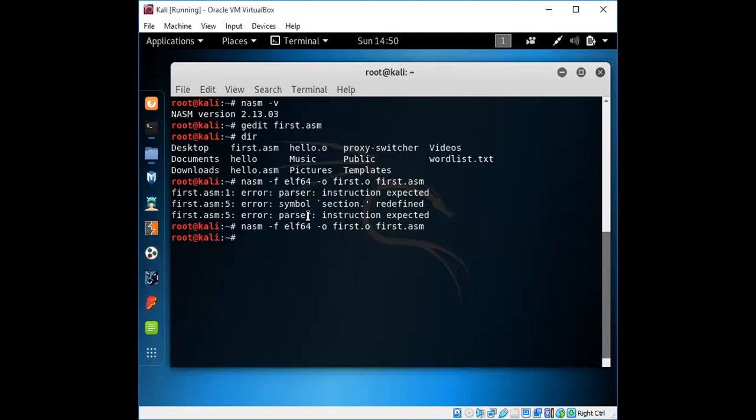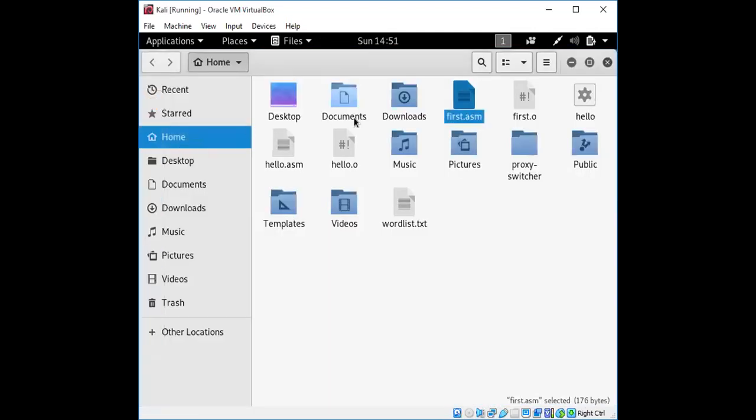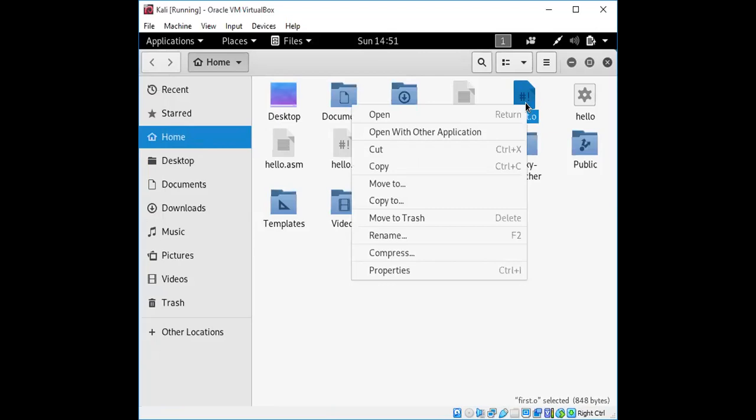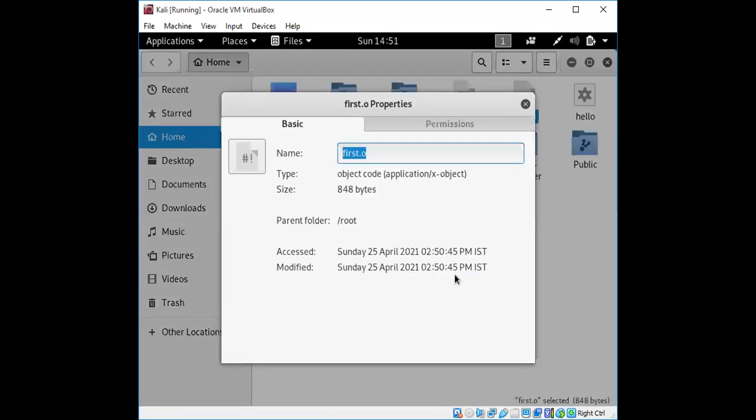If there is no error, it will create an object file, the .o file. We'll look at its properties.